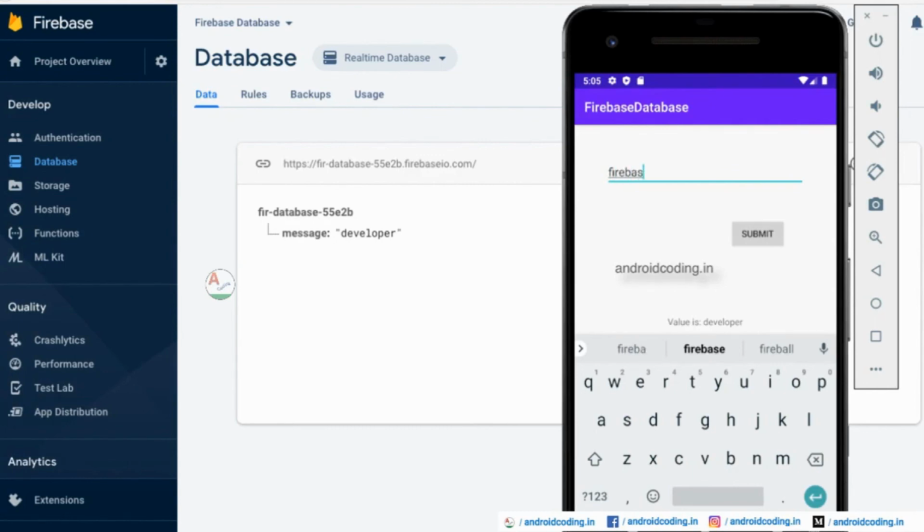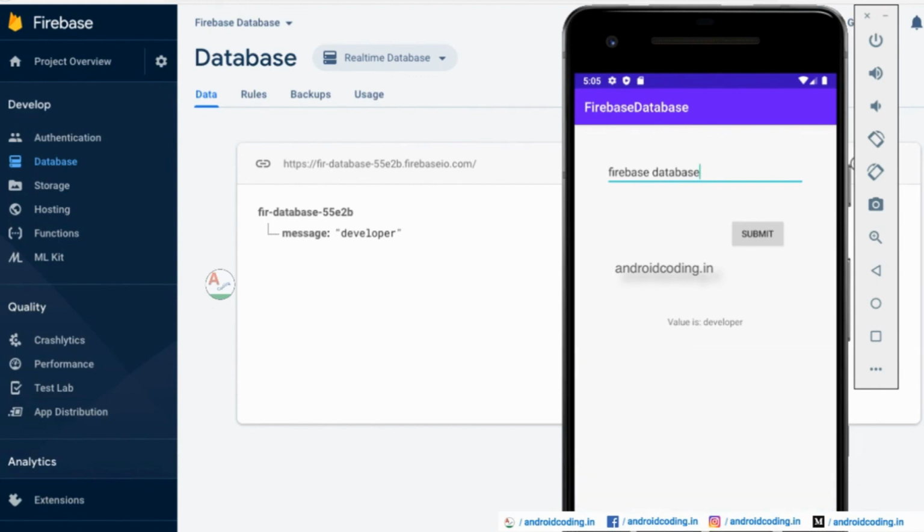Firebase. And now try to observe here and here just once. So you can see, yeah. So this way we can make, I mean, it's a basic CRUD operation on Firebase database.